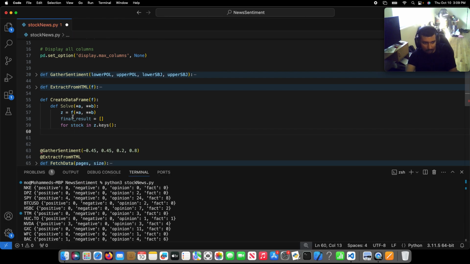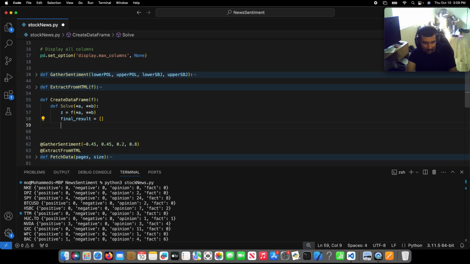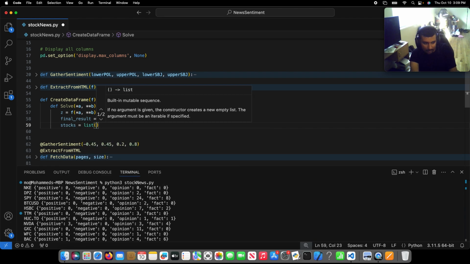Or no, I'm gonna do final result dot append. So this is going to be stock. Or no, I want the stock to be in the index. So actually, yeah, this is what I'll do. Stocks equals list of z dot keys. So that's stocks, and then